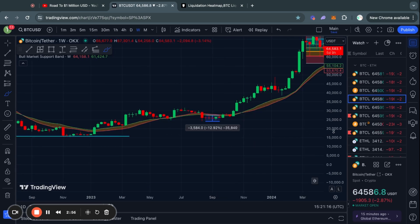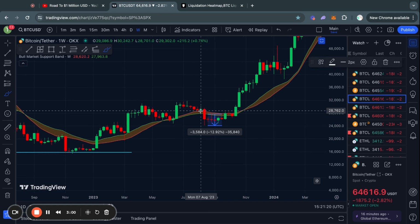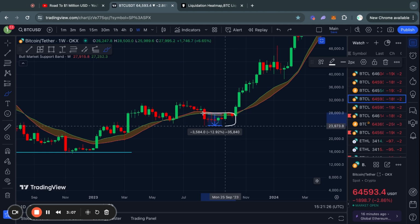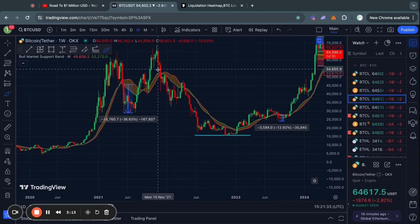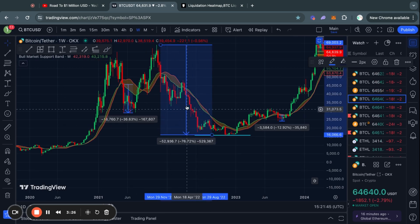Because the last time we fell below the bull market support band on this weekly time frame, we actually dropped another 13% after falling down below it, and then stayed below the bull market support band for about 2 months. Now, what about the time before that? Well, actually, that was the complete end of the bull market, and we got about a 75% move to the